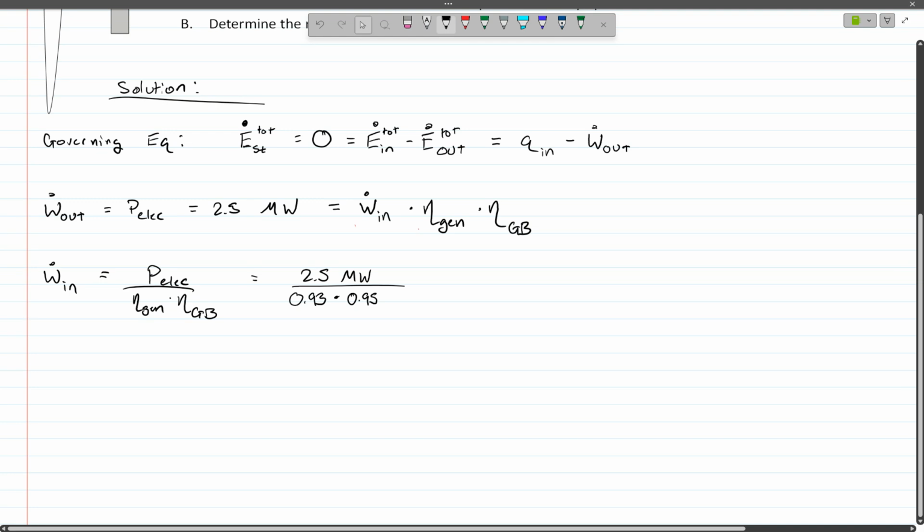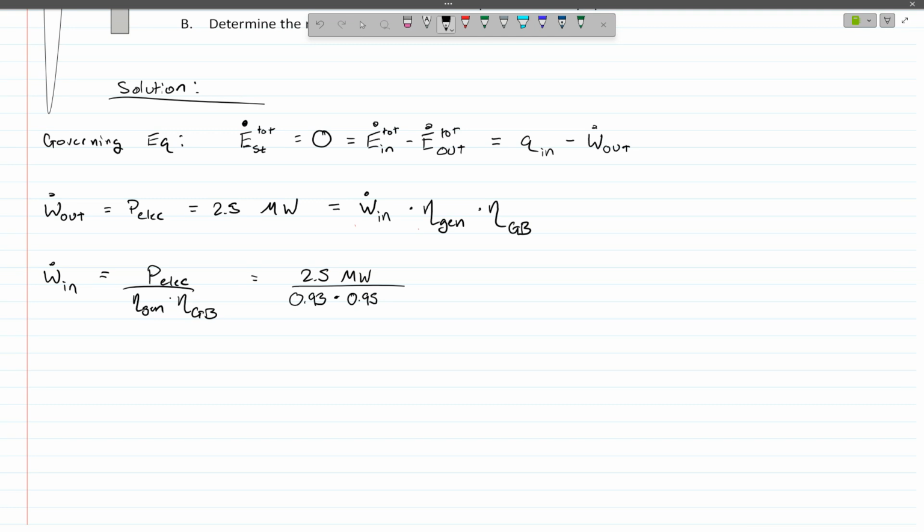We'll leave it there, actually. We're going to work with it in symbolic form here first. So we'll plug all of our numbers in at the end. So our net work out is going to be simply